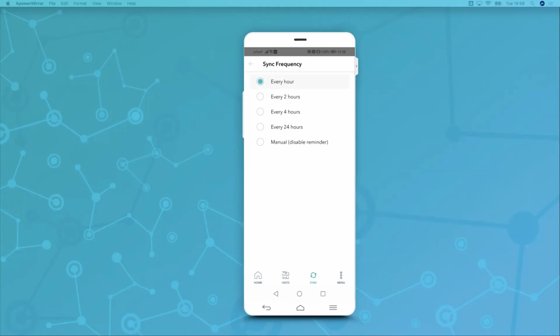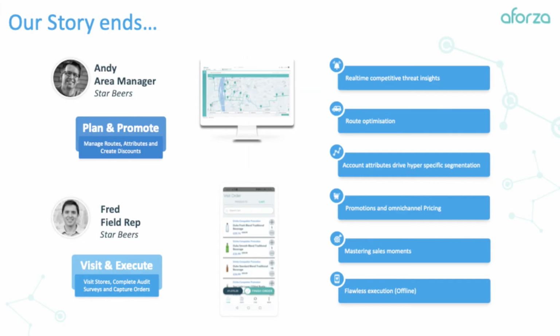All of the features you have just seen on mobile, from pricing calculations to promotions to AI recommendations, is all completely available offline, and no internet connection is required when in the field. When Fred syncs his device, his data, like captured orders, is uploaded into the cloud, and any new visits are downloaded to his device. This brings us to the end of our story, where what I've shown you is how,